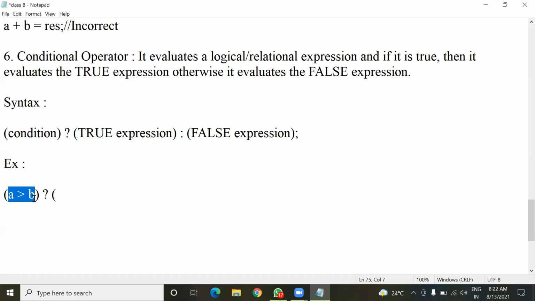A. So in the true expression, I can give A. Now, if this condition is false, then which will be the largest number? B. So in the false expression, I can give B. In this way, I can find out which one is the largest of these two given numbers using this conditional operator.